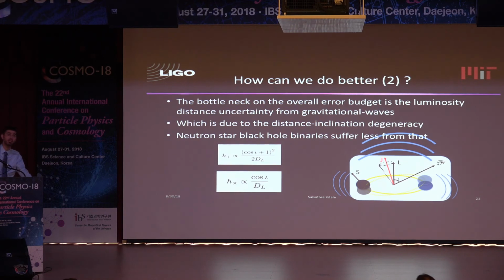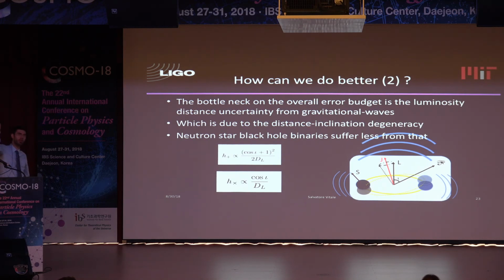And the answer is yes. The answer is neutron star black hole. Now I'll show you the same cartoon I showed you earlier, but I'm replacing one of the neutron stars with a black hole. I gave the black hole a spin, as most black holes are expected to have spins, even large spins. What's going to happen is that unless the spin of the black hole is exactly oriented with the orbit, you will have a total angular momentum.